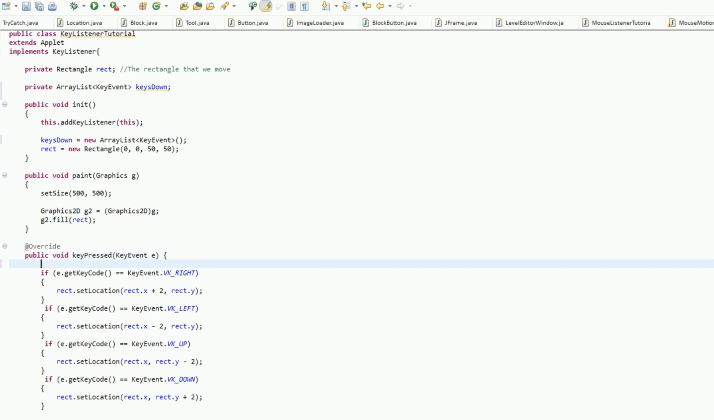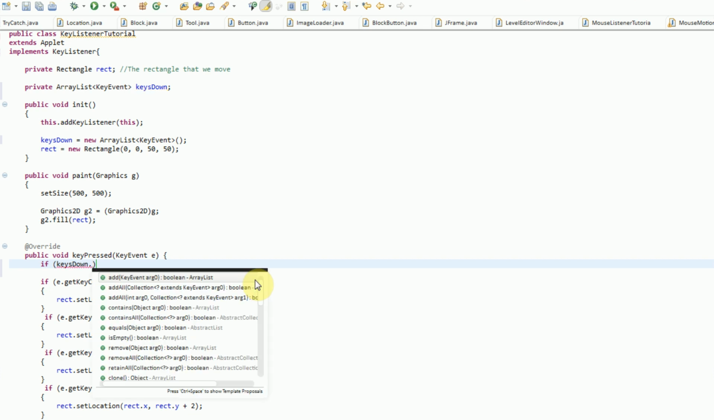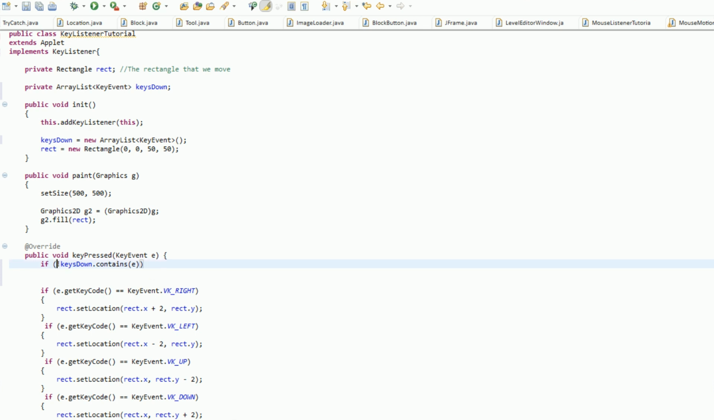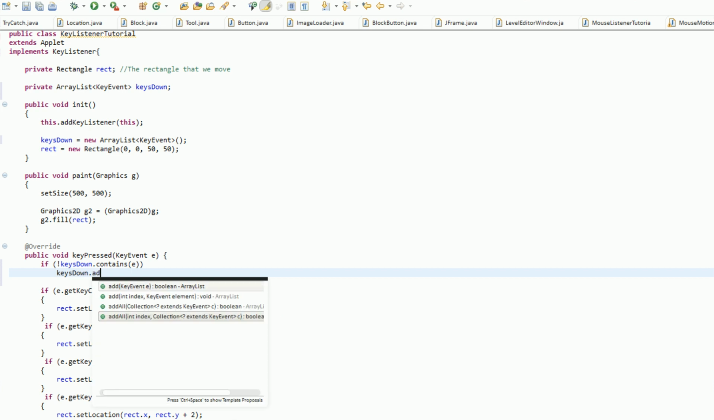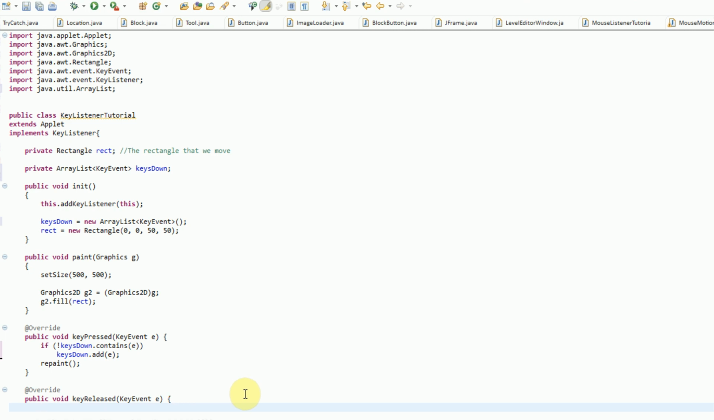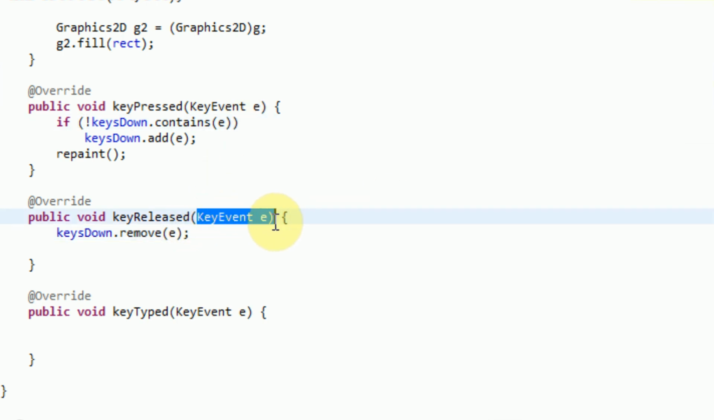So now every time there's a key pressed, we're going to say if keysDown.contains(e) is not true. So if keysDown does not contain the current key, which we added by this exclamation point here, then we're going to say keysDown.add(e). And then every time a key is released, we can remove it from the array list. So we can say keysDown.remove(e). Now, the only problem with this is each time we press and release a key, it's going to give us